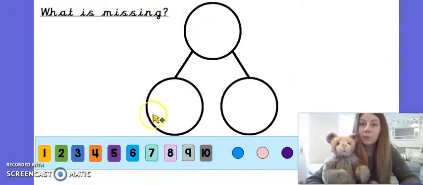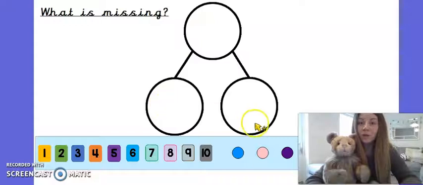This here is called a part, whole model. Can you say that? Part, whole model. And the reason it's called this is because if we put a number in the top, so the number 5, because that's the number we've been thinking about this week, 5 is the whole, the big number altogether, and these are the parts, okay? These are the bits that you can use to add things together to make 5.